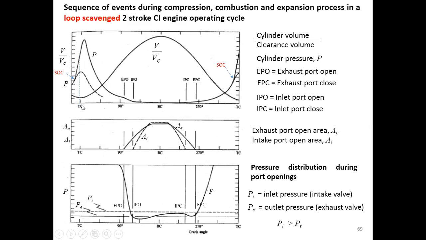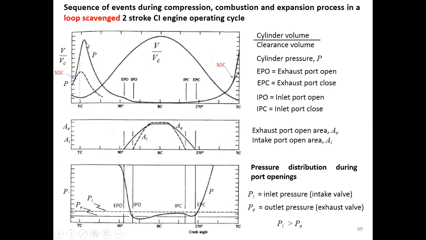If you look at thermodynamics, we always have the maximum pressure at the top dead center, where the piston moves up to the top of the cylinder. But practically, we never get that, but we try to get this maximum pressure as close to the top dead center as possible, because that will give us the best efficiency of the engines. So the maximum pressure is right here, a little bit after the top dead center, and then it goes down,